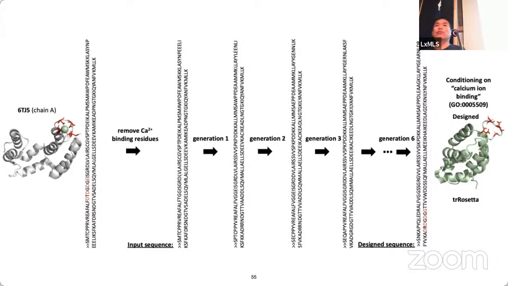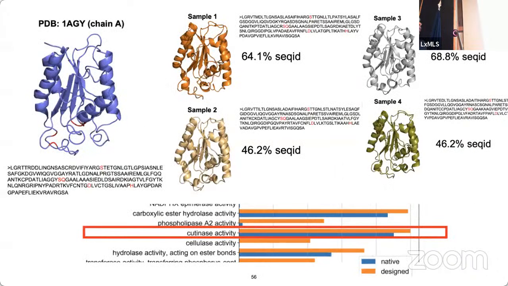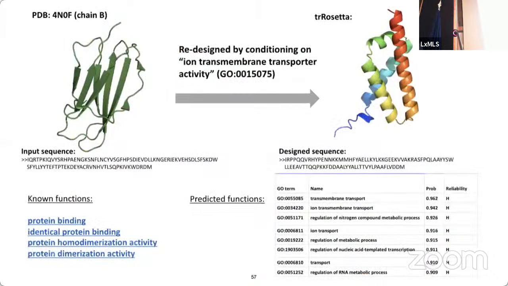This does tell us that we can indeed guide the process of sampling based on this classifier alone. And then we did another experiment, this time with, I think, the cutinase activity, which is kind of important if you want to eventually build enzymes that are going to consume plastics or something like this. So we saw something similar. And then we could even change how these proteins fold dramatically by just working on the sequences. We could in fact change how the folded structure would be after the folding happens.